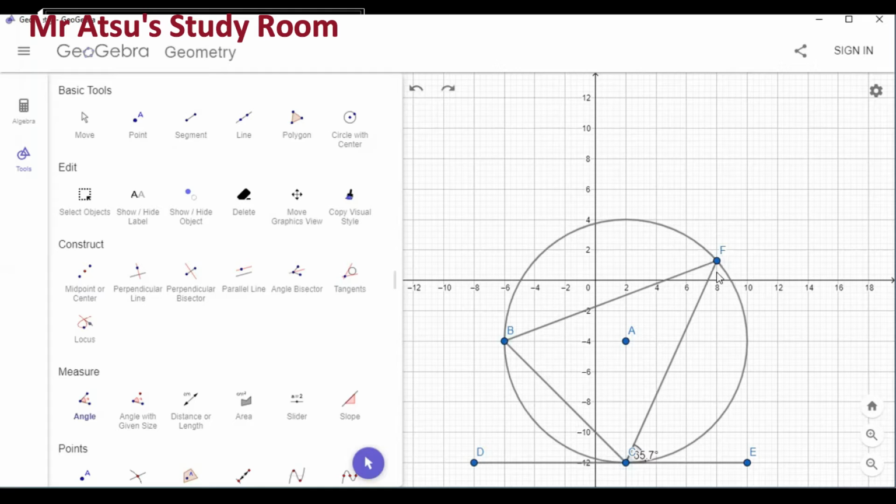Let's now measure angle FBC, or CBF, whichever way you want to call it, and we can see that that is also 65.7 degrees, which is the proof for this theorem